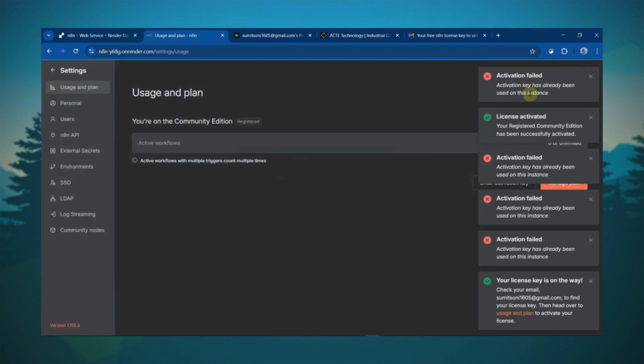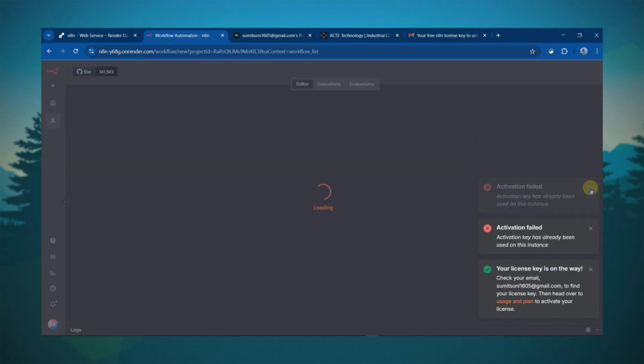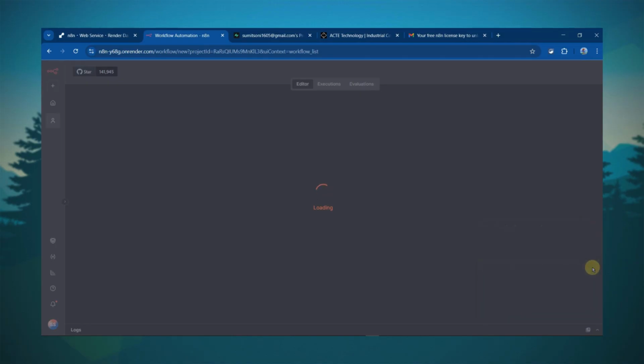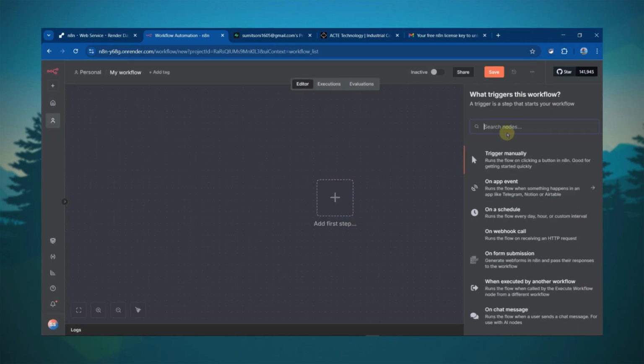That's it. You're now ready to create your first workflow. You have successfully deployed n8n with Render and Supabase. Now, because of all these configurations and environment variables which are also using Supabase, your workflows and all the credentials that you will create while using n8n, they all will be completely consistent, and they will be stored